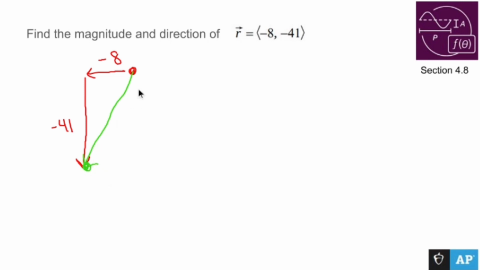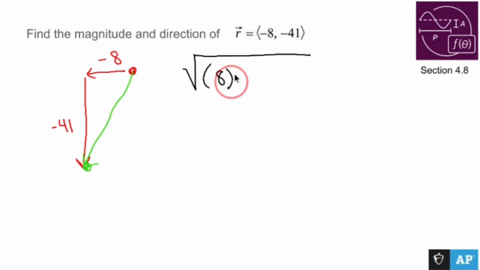So pretend that that's a perfectly straight line. We have a vector that goes down and to the left, much more down than to the left. So if you're looking at this and saying, this is really familiar with some polar stuff and magnitudes, you're absolutely right. If I wanted to find the magnitude, that's basically the distance from here to here. That's basically the Pythagorean theorem. So we would just say that the magnitude is going to be the square root